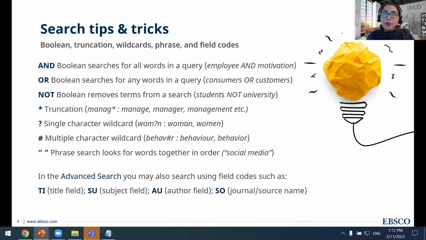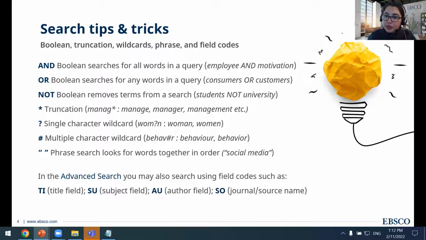So for example, you might be searching for consumers, maybe something like consumer behavior, but consumers can also be customers. You might try to think of the different ways you can refer to consumers. And so you can use those different words that mean the same thing by combining them with or. So the system will pick up any of those words from a match.